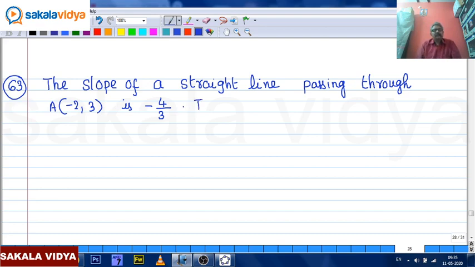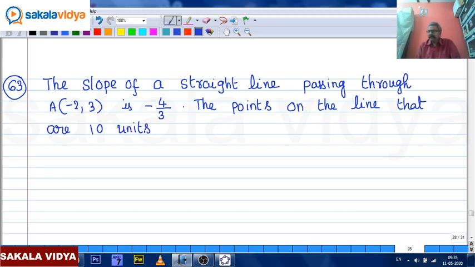The points on the line that are 10 units away from the point A are